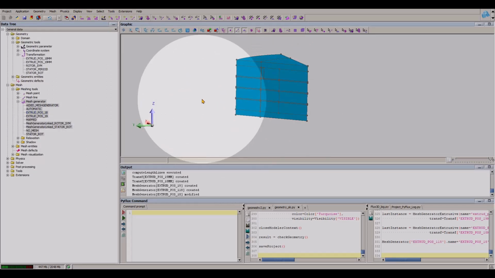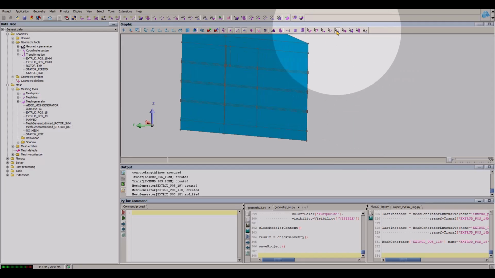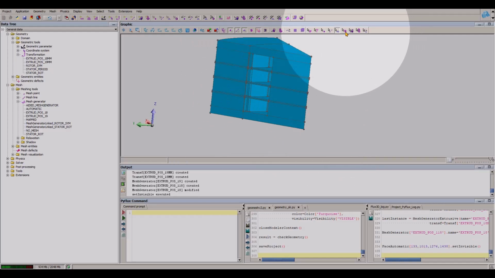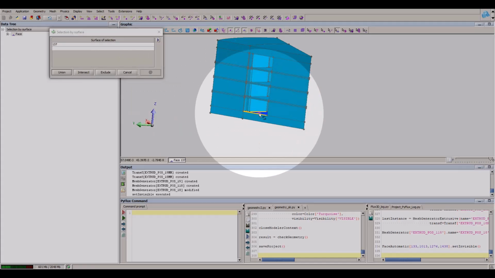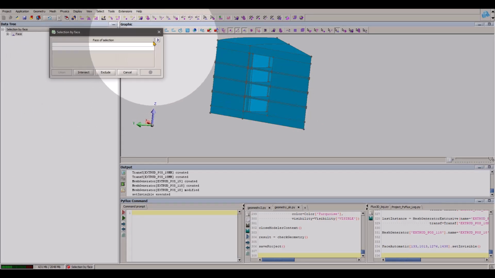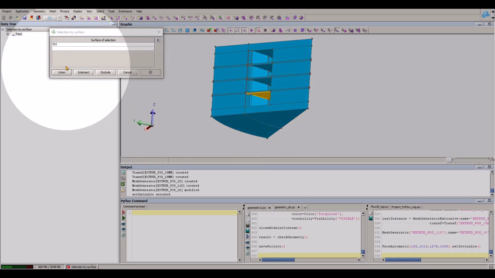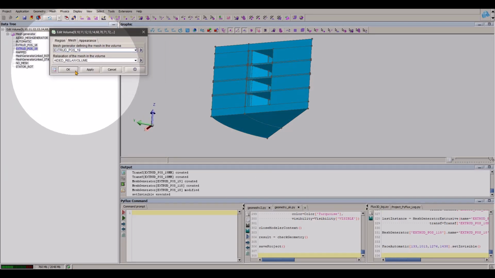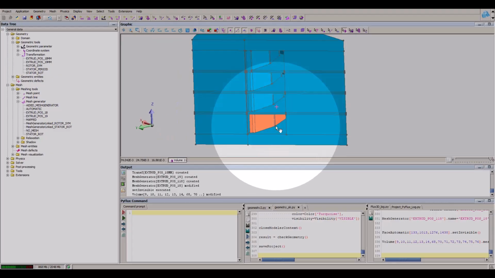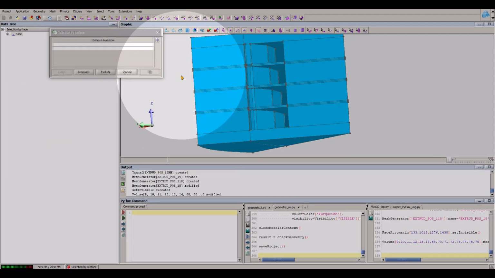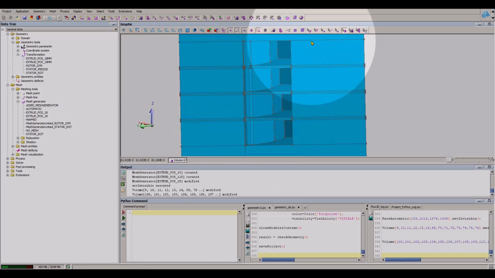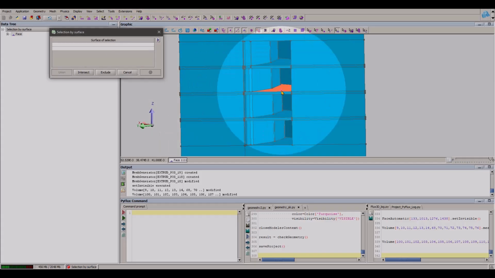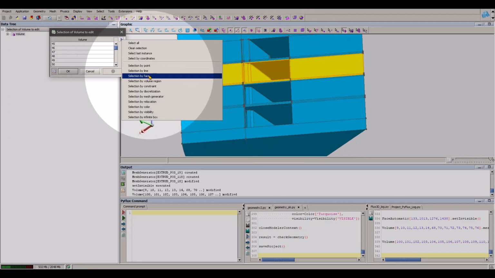Okay, once we created them, we are going to assign them to the volumes. I am going to make these faces invisible to access the planes and make a selection by relation of the volume. So I select the volumes of a given plane and then the volumes of the other plane and make an intersection, and I can select all the volumes of the layer at one time,